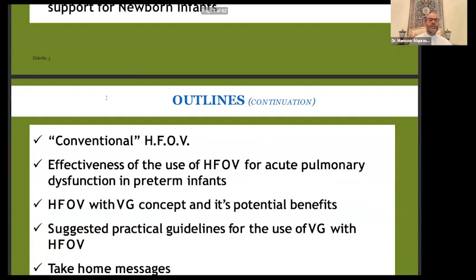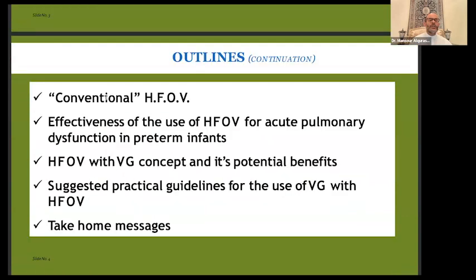As you all know the concept of conventional high frequency without volume, I will try to shed some light on the effectiveness of using high frequency for acute pulmonary dysfunction in preterm infants, and the concept of using volume and its potential benefits to reduce lung injury. I will probably share with you my own suggested practical guidelines for the use of volume guarantee with high frequency. Since 2015, we have been using volume-targeted high frequency in our center, and we built our experience with the use of that modality. And I think I could share with you our